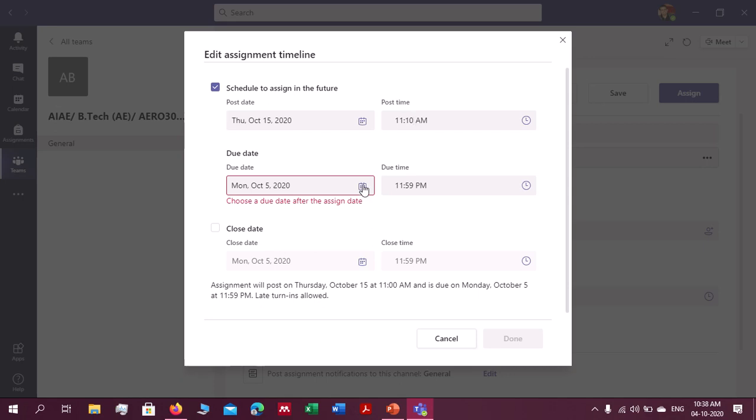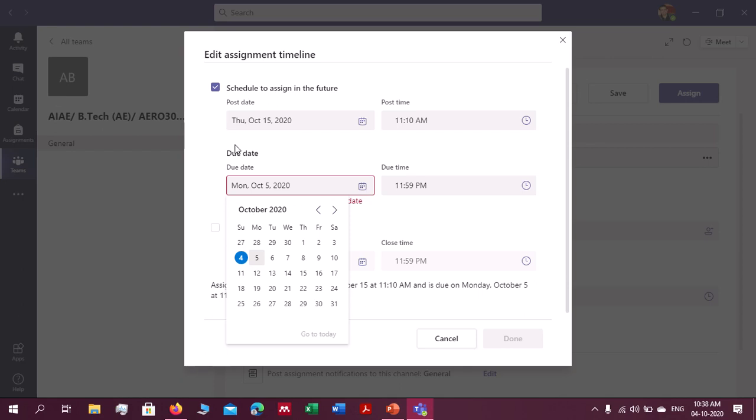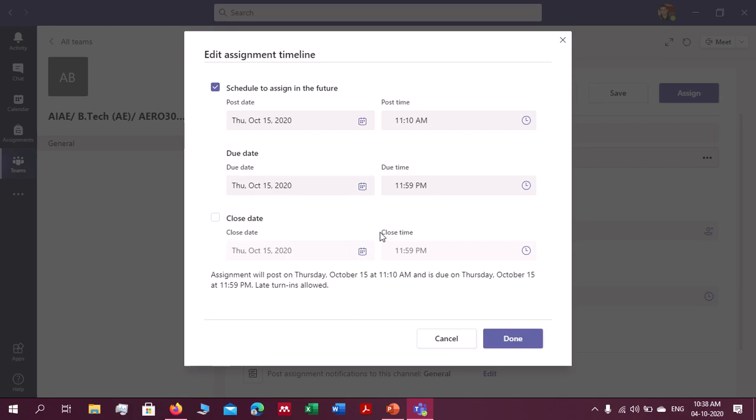Then you go to the due date and choose that date after this time, maybe the same day or maybe the next day, according to your convenience. Then I just want to give that quiz for 5 minutes, like there is only one question. According to you, you can give the time. I am just giving 5 minutes, then I give it 11:15. You just check these, there is AM, there is PM, you just do that correct.